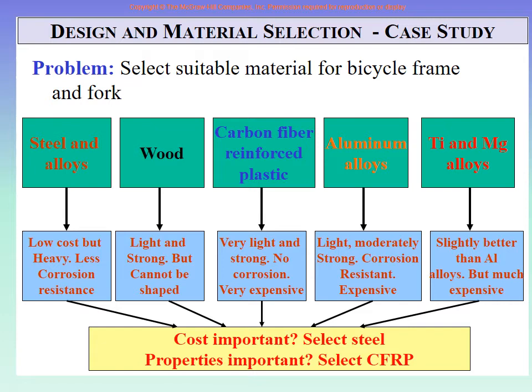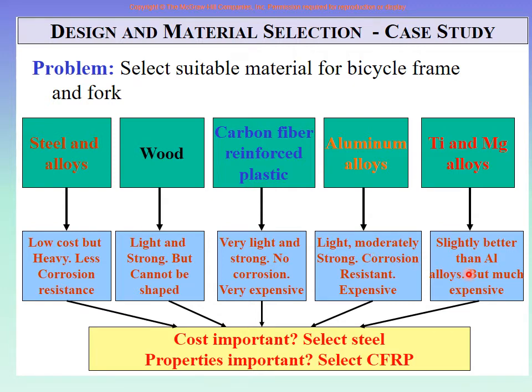very easily. If you take carbon fiber reinforced plastic, it will be very light and strong. There will be no corrosion, but it will be very expensive. If you take aluminum alloys, they will be light, reasonably strong, corrosion resistant, but expensive. And if you take titanium and magnesium alloys, they will be slightly better in properties than aluminum alloys, but more